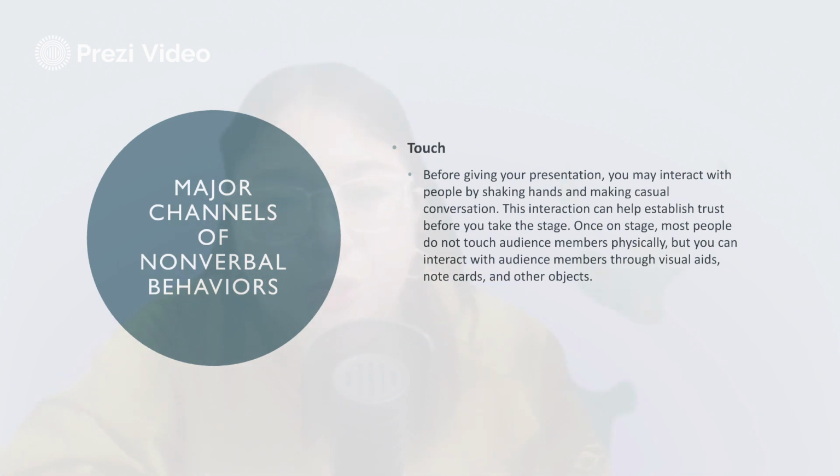Alright, once on stage, most people do not touch audience members physically, but you can interact with audience members through visual aids, note cards and other objects. Definitely when it comes to presentation, it is good for you to have visual aids, note cards, props, for example. This will make your presentation more colorful, and your audience would be more interested to listen to the presentation. Because sometimes when you are alone on the stage, and you do not have props and everything, you need to make sure that you kill the presentation, maybe by using